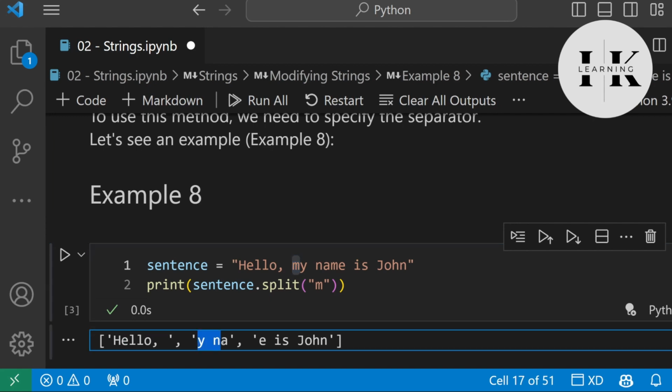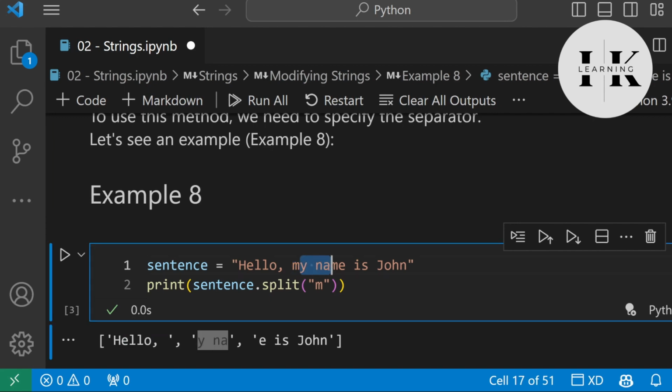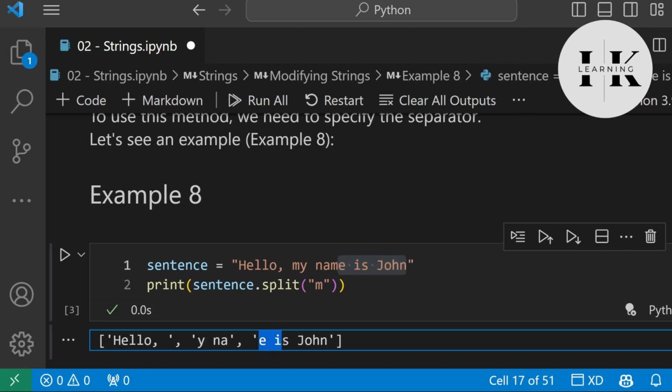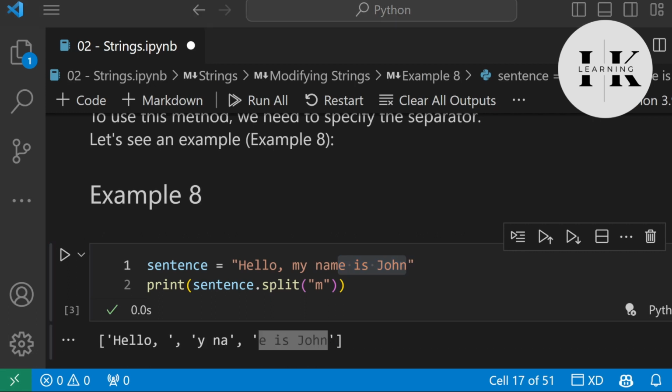So we only have Y and A, because this is what we're getting before we have another M over here. And then we have the rest of the string over here. Now, I know this doesn't really make sense, so we're simply going to revert back and keep our space.